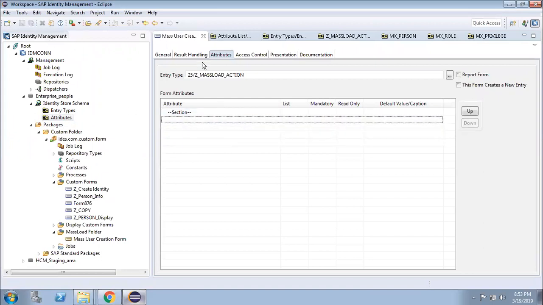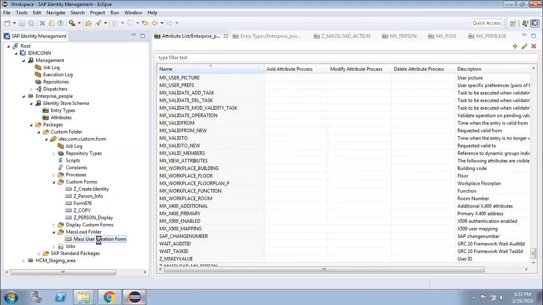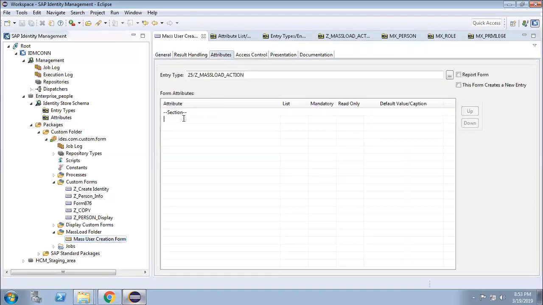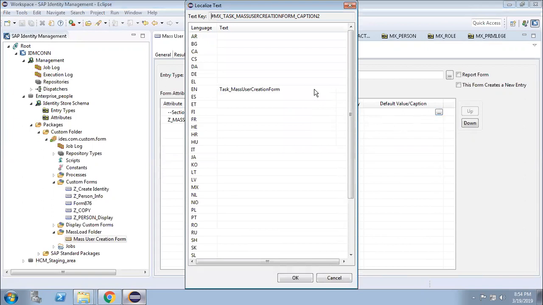Let's save it, close it, and open it again, otherwise that attribute will not be reflected over here. What is the attribute name I have created? Z underscore mass load underscore mx person. I make this field mandatory. Now save it. Once you save, in the sections you will write something like user creation mass load.